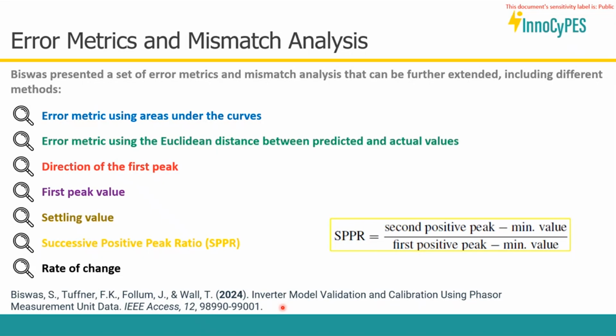This is easier to use when you have measurement data that is noisy, and the sampling is not something that is easily determined by you in some cases. So you have much more limitations. In this case, I would recommend using the area under the curve. But if you don't have that much noise, and you have pretty good control over the sampling and the test cases that you can perform,